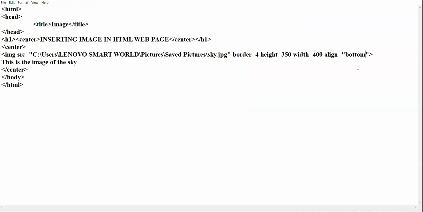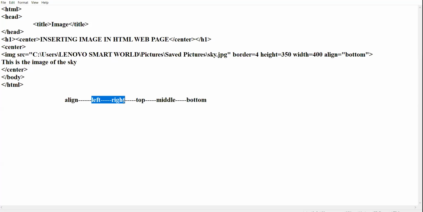So, to conclude, the align attribute of the image tag has 5 possible values: left, right, top, middle, bottom. These are the 5 possible values of the align attribute of the image tag. The first 2 values, left and right, are in connection to the image.